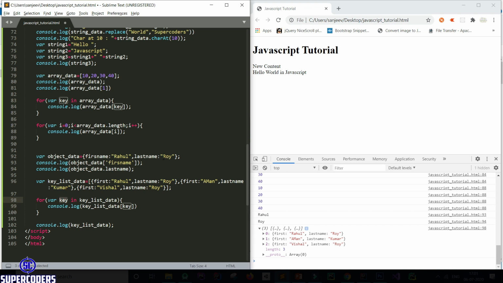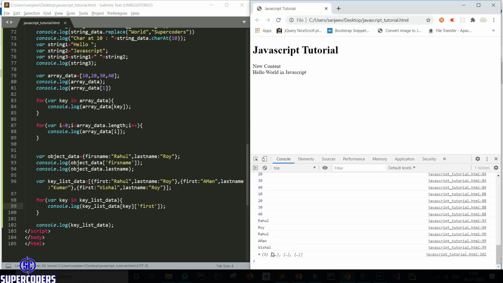So here key is the index like 0, 1, 2. So key gives us the 0, 1, 2 index. Then accessing the name. I'm accessing only the first name. Now let's run this program. So here I can see Rahul, Aman, Vishal. It's displaying the first name only using the for each loop.